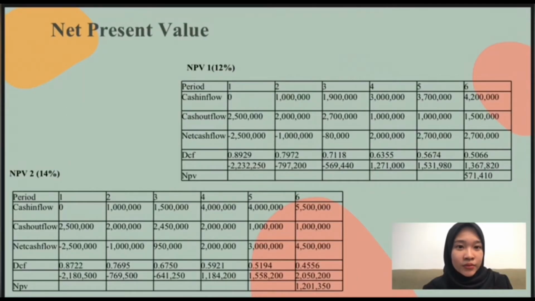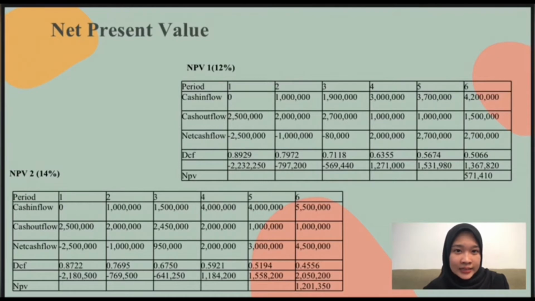NPV is the sum of all the discounted future cash flows. Because of its simplicity, NPV is a useful tool to determine whether a project or investment will result in a net profit or loss. A positive NPV results in profit, while a negative NPV results in a loss. The NPV measures the excess or shortfall of cash flows in present value terms above the cost of funds. This is our NPV with different interests. First is 12% with 500,071 and 410, while NPV with 14% is